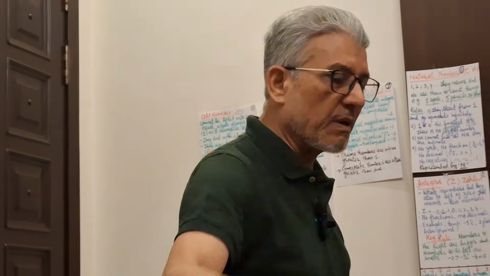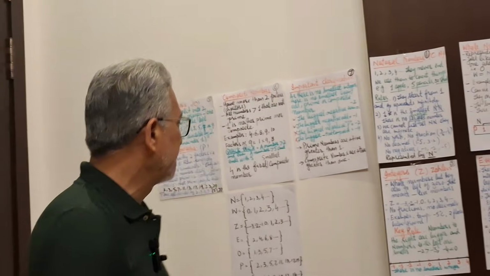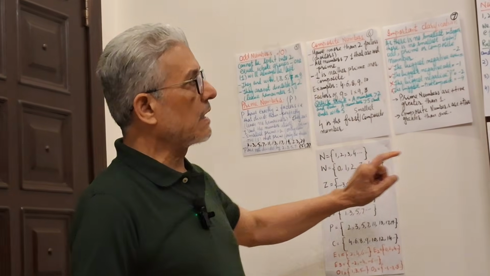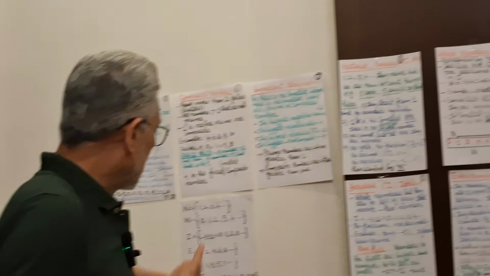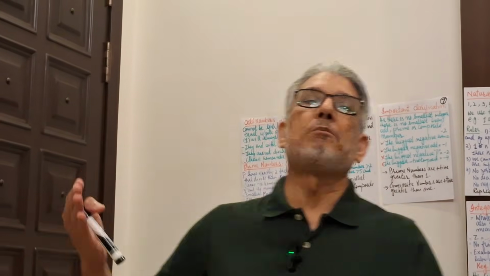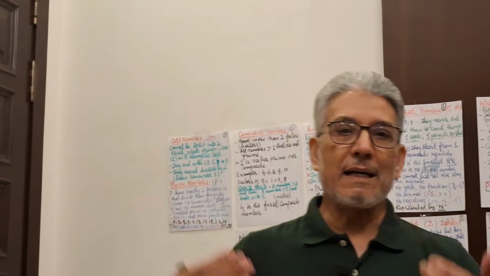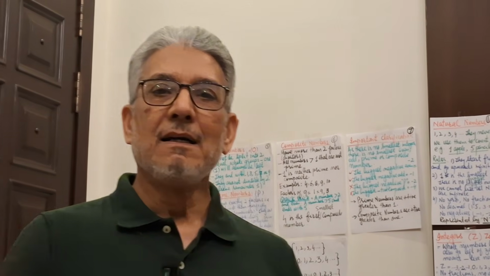Now, the next number which you want to understand is whole numbers. Whole numbers are represented by capital W. Capital W is from whole, right? So it is represented by W. Now, what are whole numbers? The natural numbers have invited 0 to a picnic party, to dinner, to come and take dinner with us. 0 has come to natural numbers and has requested the natural numbers to stay there forever,